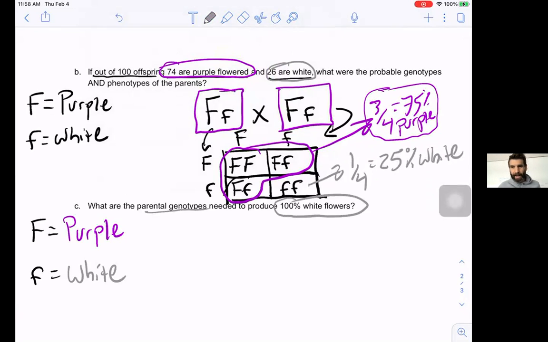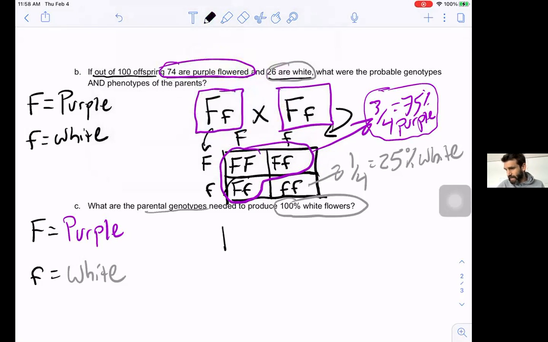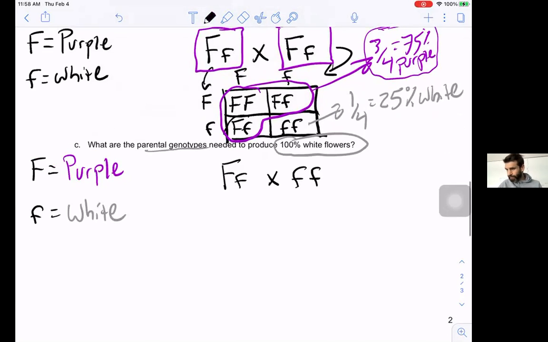So think about that. Okay, well, anytime, even if, so let's do the craziest scenario. So if you did a heterozygote crossed with a homozygous recessive, in this case,